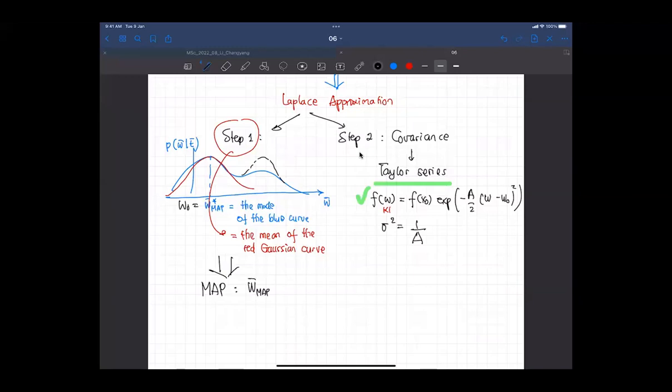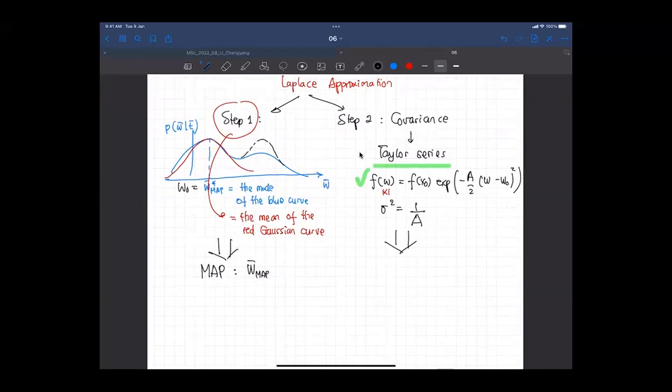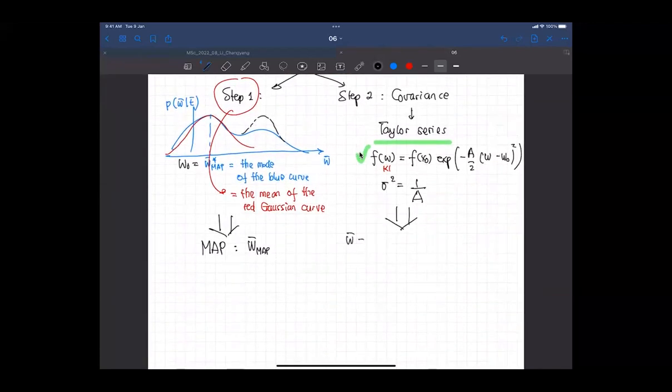Okay, so now for the covariance, W is not a single variable. W is multiple variables, W1, W2, W3, depending on the value of M. So for the W vector,